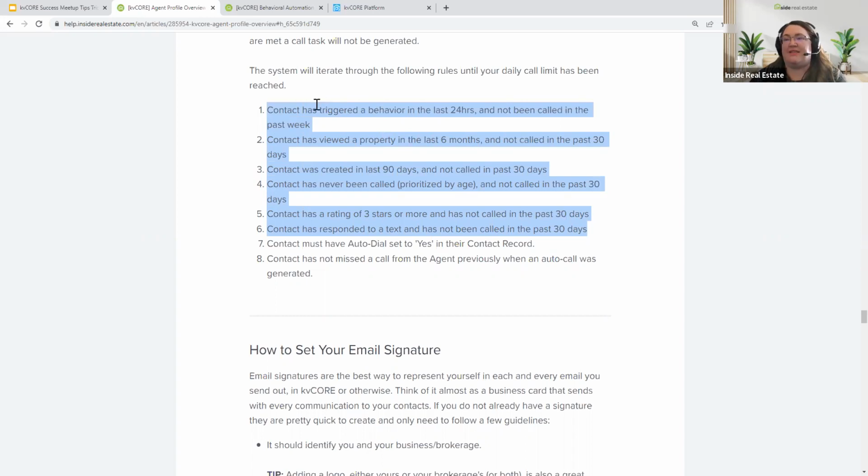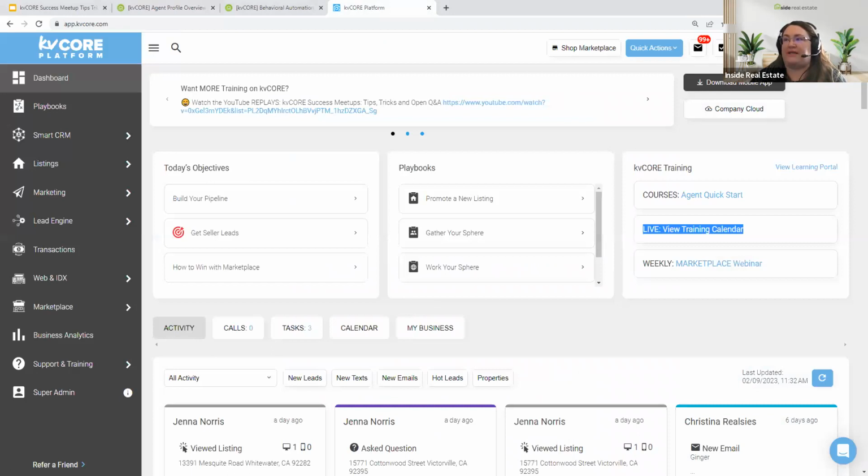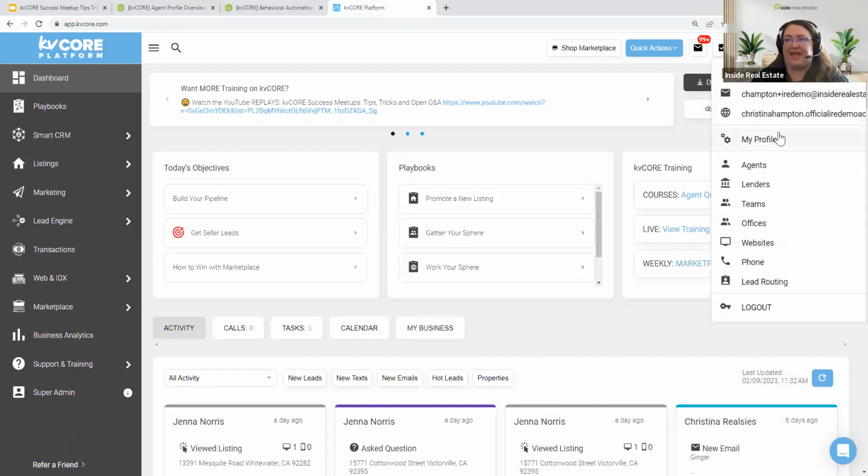Now that we've looked at this, and this is really what we're going to work through for most of today, let's look at how we set our specific desires here. The best way to do it is in your profile. There are 2 ways to do it, but I like to go to the profile. If I click on my name in the top right-hand corner, I can go down to my profile.